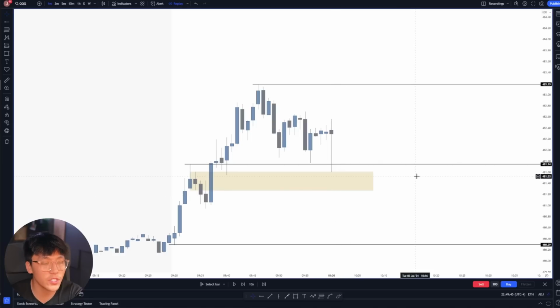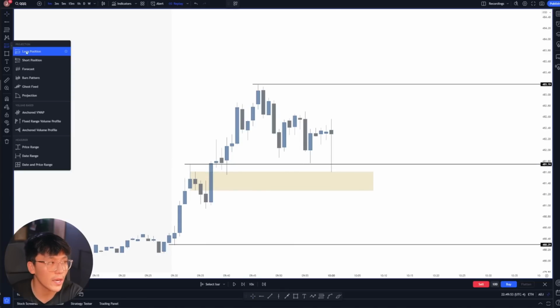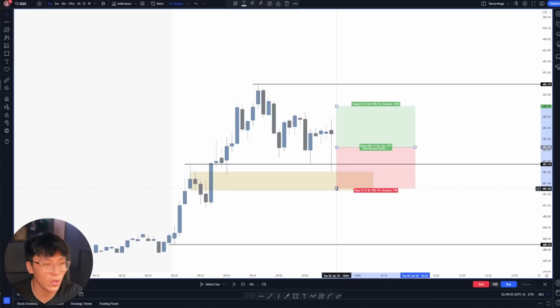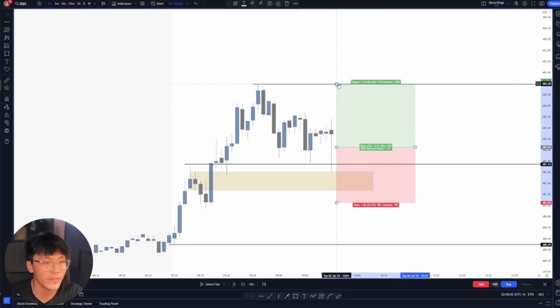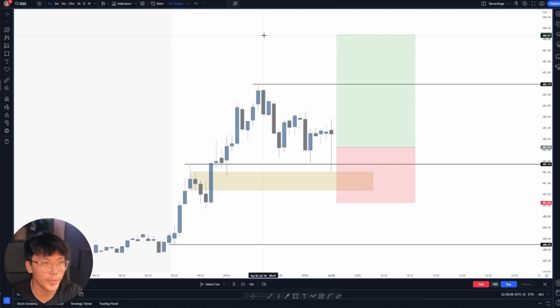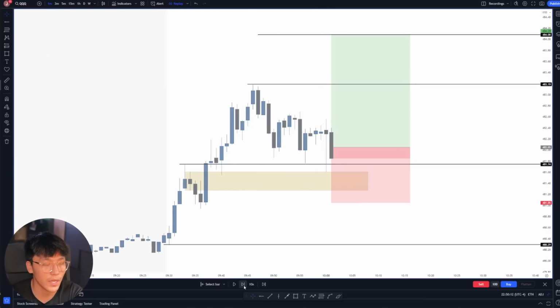So as you can see, price just ended up tapping into our key level, which is our 481.60 level, which is your 1 minute order block, and also tapped into your 5 minute opening range as well. That's where we want to be looking to get in longs with a stop just below this key pivot low, which is our break of structure level. In this case, we want to target high of day, and we also want to target a 2-to-1 risk reward ratio as well. So we'll be looking to take profits off at high of day and a 2-to-1 risk reward ratio. As we play the tape here,